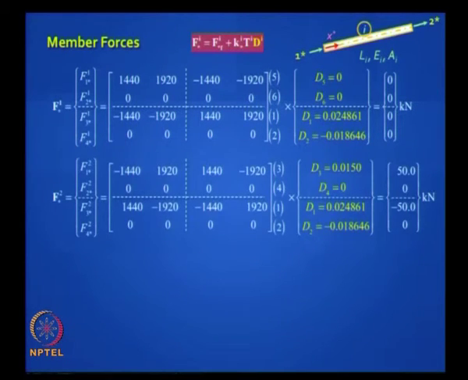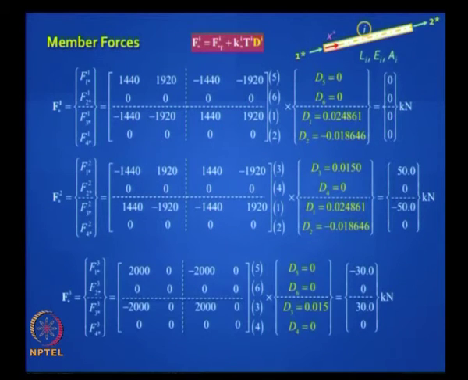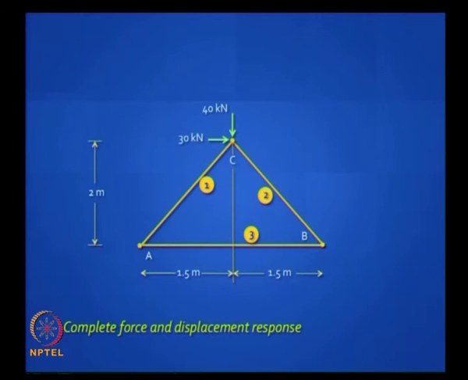Second element you get, so what do you conclude from the second solution? Is it tension or compression? It is compression because F3 star is the actual force, it is on the right side, and see your shear force is always 0, you could predict it in advance, and the other one is plus 30 kilonewton. So that is how you interpret the actual forces, and you are ready. Your complete response is shown here.